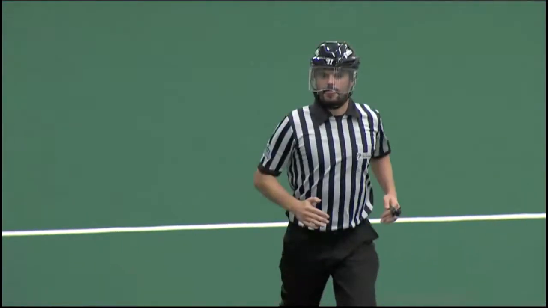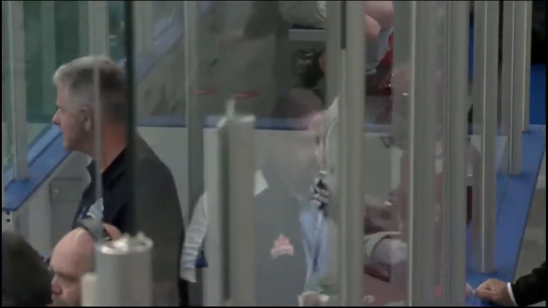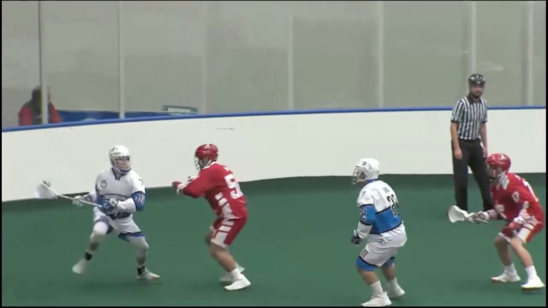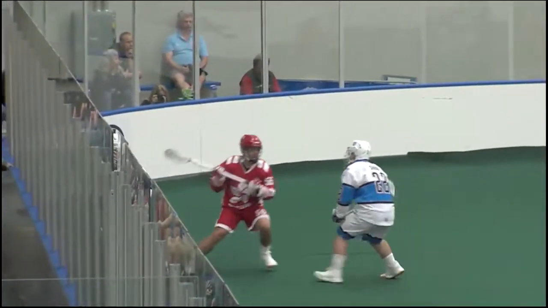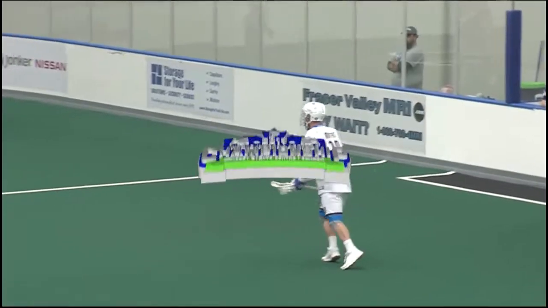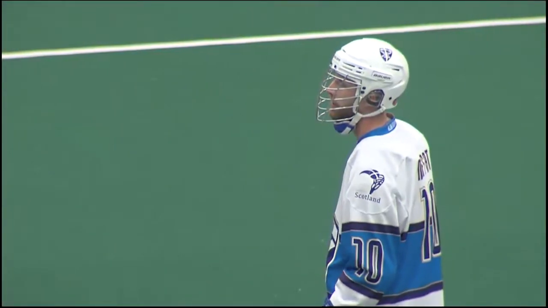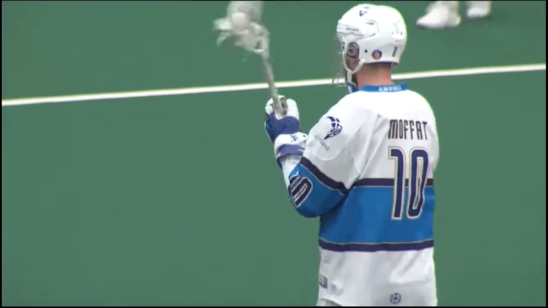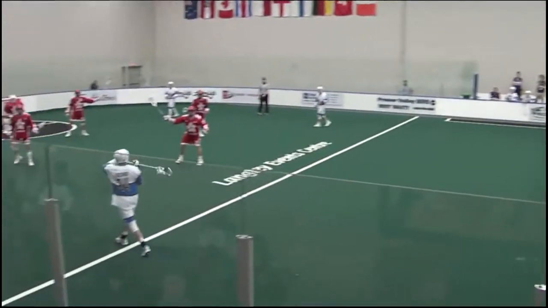And again, the coaching staff for Hong Kong very active at the bench. It's a cross-checking penalty. Okay. 7:10 into the quarter.